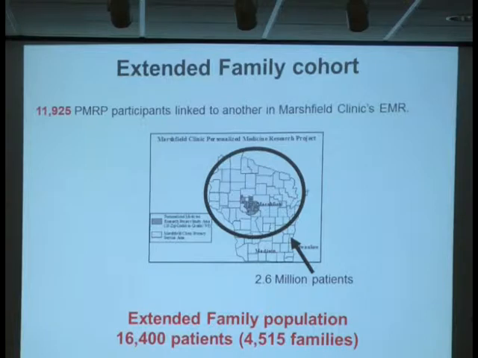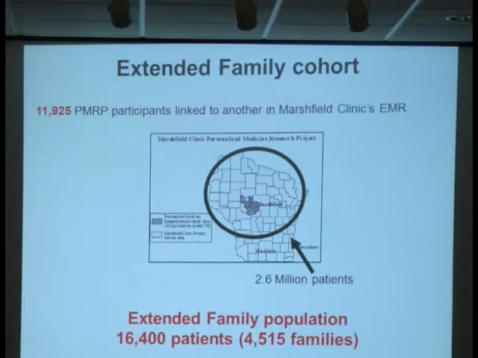In addition to the twins, I'm also trying to identify extended families. When all our patients within PMRP, the Personalized Medicine Research Project, were recruited, they filled out a lengthy questionnaire that included asking who are your parents, your siblings, and your children, including all the respective birth dates. We took that information, cross-referenced it with the Marshfield Clinic Electronic Medical Record System, and we're able to link multiple individuals